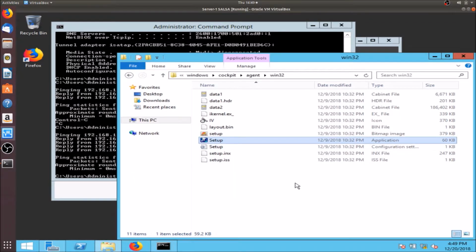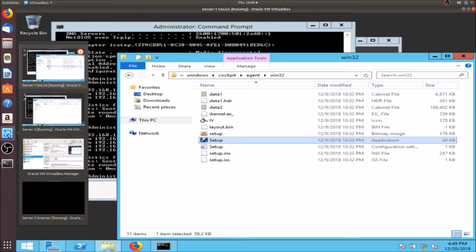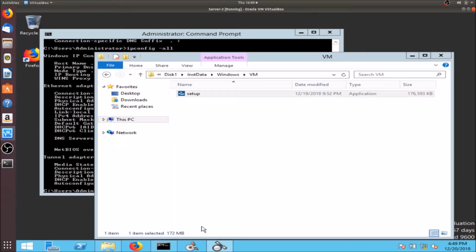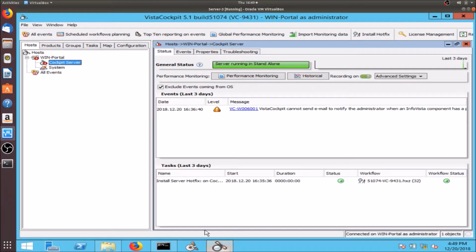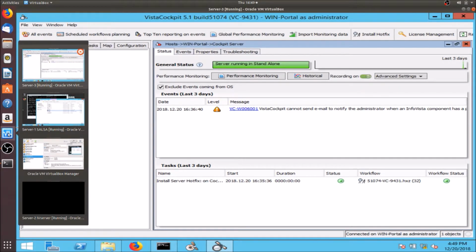And finish. And if we go back to the server number 3 with the Vista Cockpit console, probably it will start to work in some seconds. So waiting for that, we are going to install the IP reporter in server 1 to complete the